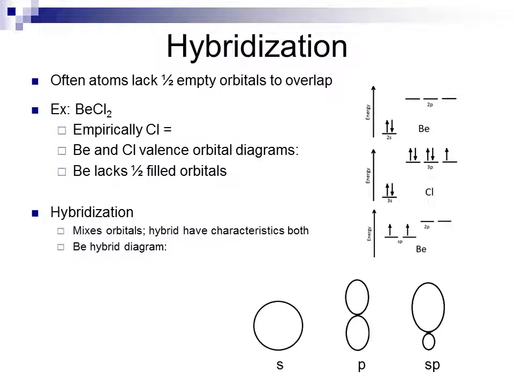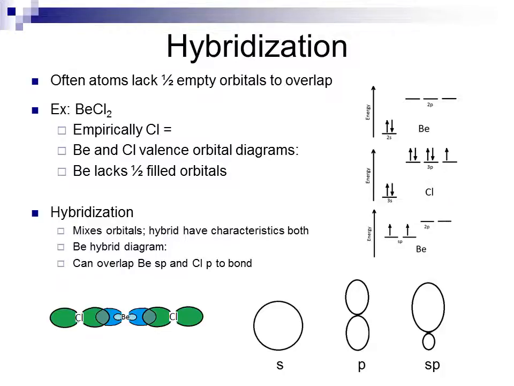The hybrid orbital diagram for beryllium illustrates the sp orbitals that are formed from combining an s and a p orbital together. And we see that these are both degenerate and intermediate in energy between the p and the s where they came from. I can overlap the beryllium sp hybrid orbitals and the chlorine p orbital and make bonds. So the 2 chlorines can each overlap a p orbital with the beryllium sp, and if you look at the